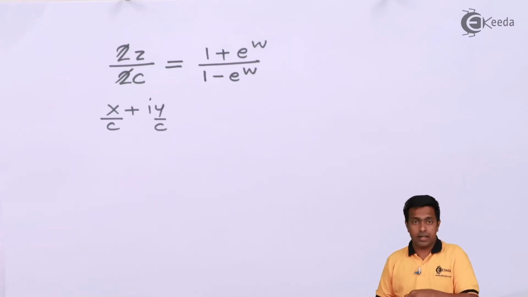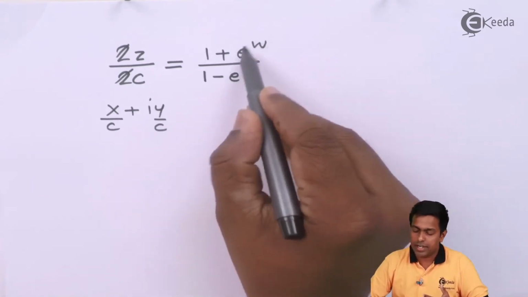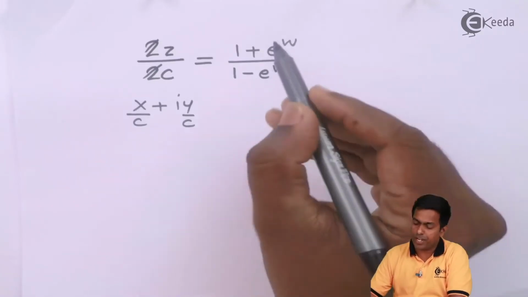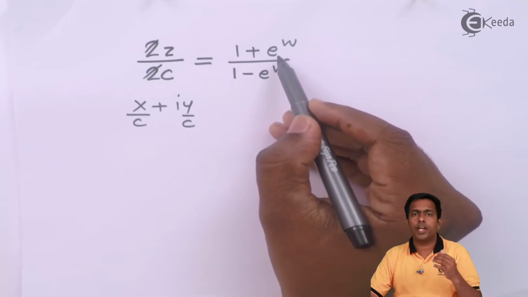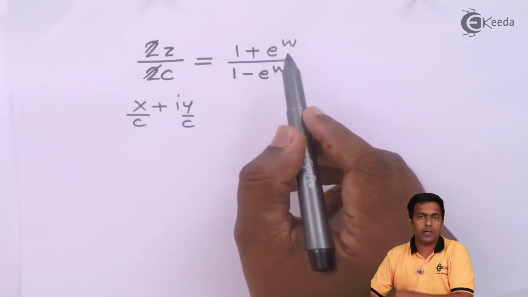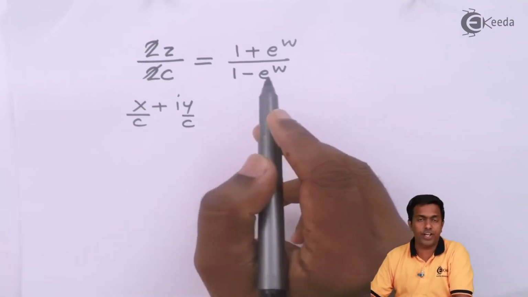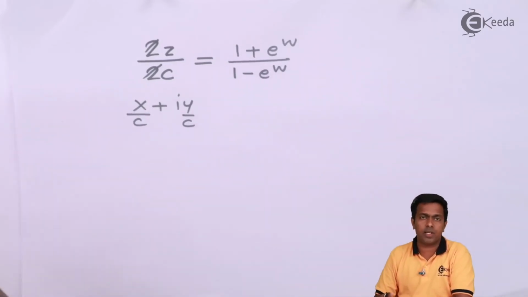Right now you may be thinking, let's expand this exponential form and convert it into the polar form and then use the trigonometric formulae. Let me tell you that that won't give you the real and imaginary part. Because if you expand this exponential form into the polar form, then that would give you the complex number in the denominator as well. So it's very difficult to find the real and imaginary part on the right hand side by expanding it, and that is why we'll multiply numerator and denominator with e to the power -w/2.